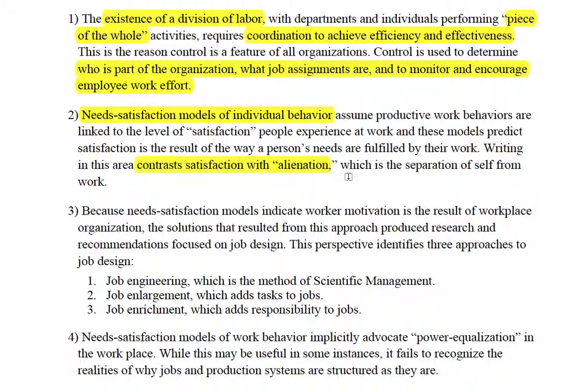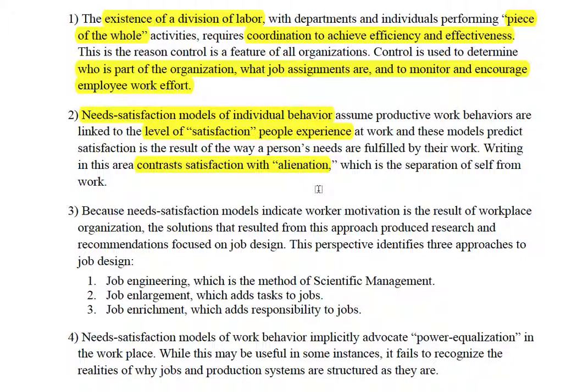And this has a very soft, mushy feel to it. And it definitely is kind of mushy, but the notion is that to the degree to which people are satisfied, they enjoy their work, and they're connected with their work, it provides personal meaning to them, then they will be satisfied and we hope more motivated.